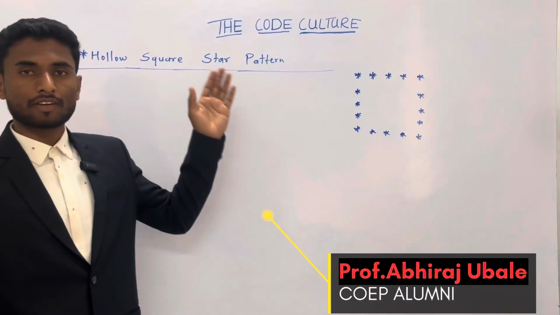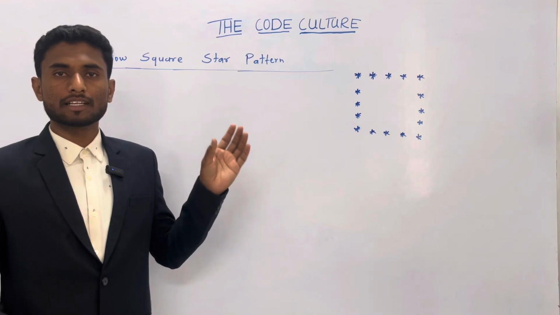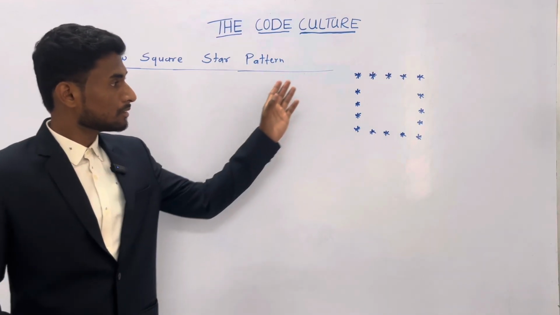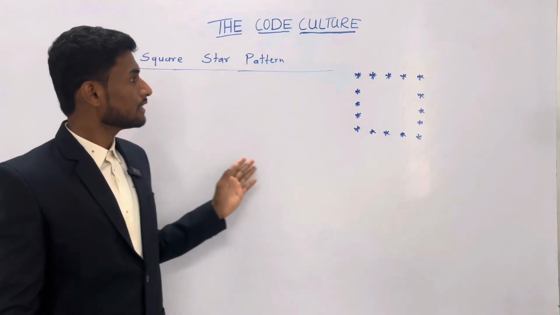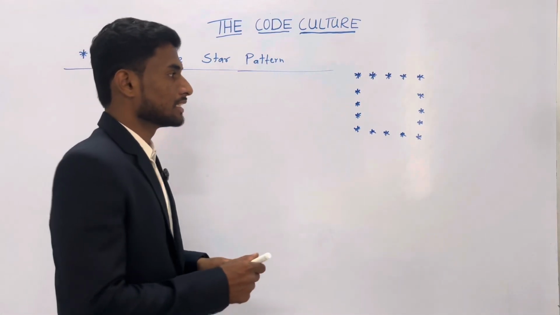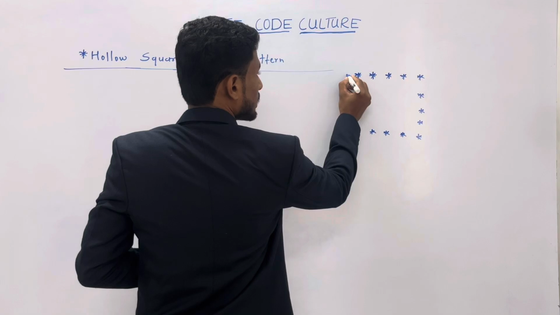हॉलो स्क्वायर स्टार पैटर्न। ओके, फर्स्ट लेक्चर में हमने देखा स्टार पैटर्न कैसे प्रिंट करना है। आज हम देखेंगे हॉलो स्क्वायर स्टार पैटर्न कैसे प्रिंट करना है। ओके, सो विल स्टार्ट विथ दिस टाइप ऑफ पैटर्न। व्हाट इज दिस? हाउ मेनी नंबर ऑफ रोज आर देयर? वी हैव,